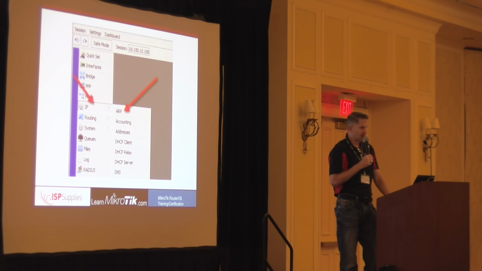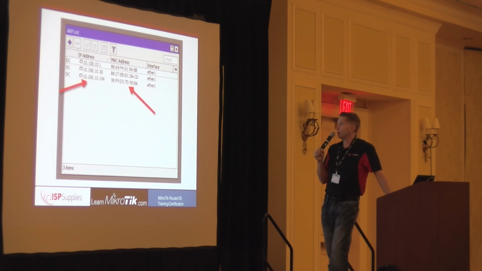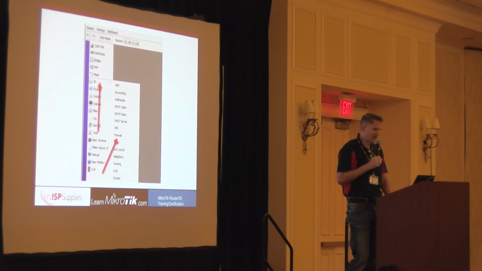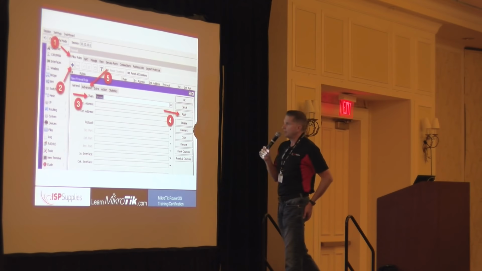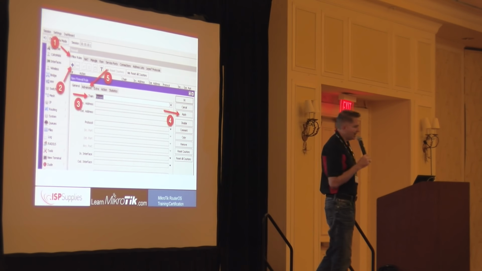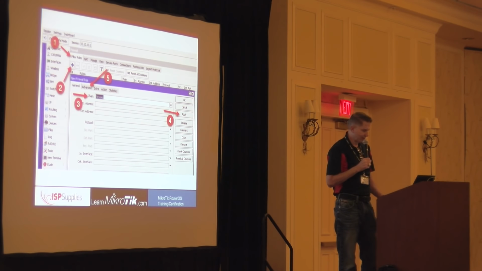Again, it's going to begin with IP ARP. Look in your ARP list and find the client's MAC address there. You can copy it to your clipboard, then go to IP firewall, create a new firewall rule. In this case, I put it on the forward chain. That will keep them from getting to any networks that you know how to route to. But you could also put it on the input chain to keep them from getting to your router, but you should have a firewall that already does that.